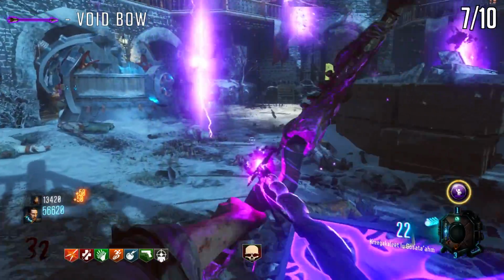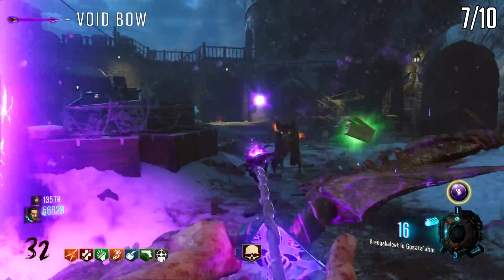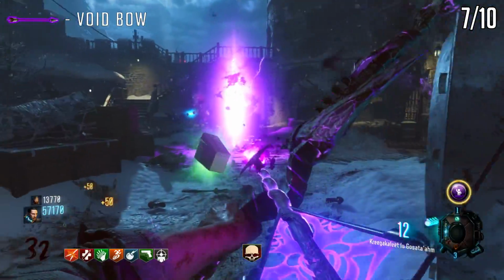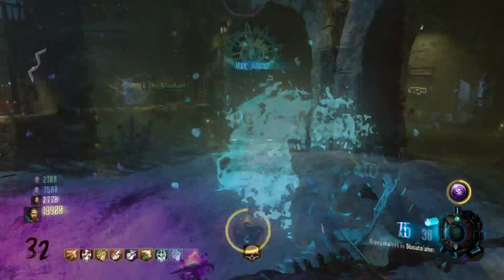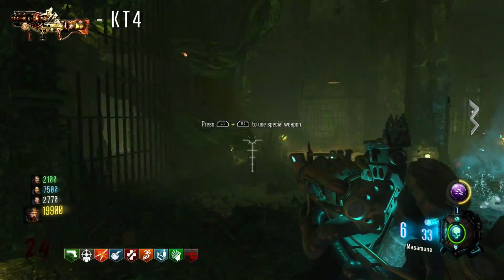So overall, guys, the Void Bow is an amazing bow in co-op to use, and the upgrade for this can be a little bit tedious, which I completely understand, but I definitely think it's worth it at the end of the day. Alright, so let's move on to Zetsubou No Shima, and this map has the KT4,